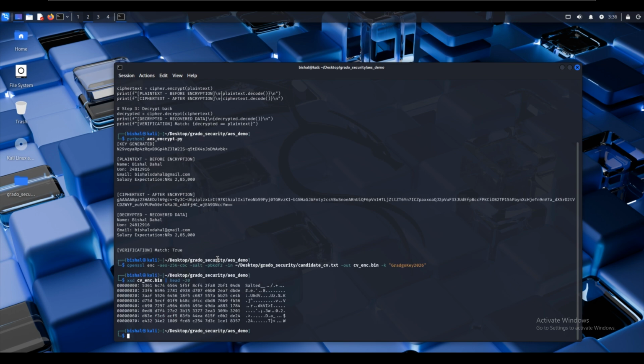The xxd command shows the binary file as hexadecimal. You can see rows of numbers and garbled characters. There is absolutely nothing in that output that tells you this was originally a candidate CV with a name and ID. This is what AES 256 encryption looks like in practice. Now,